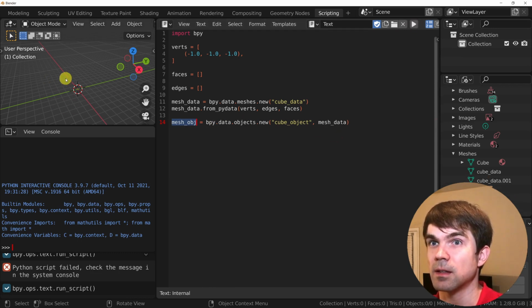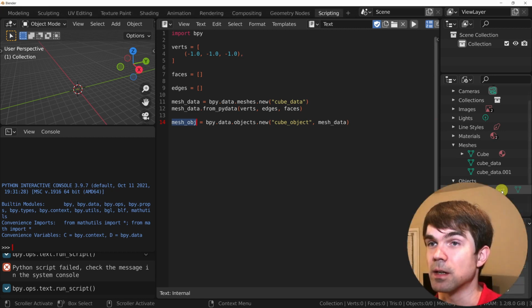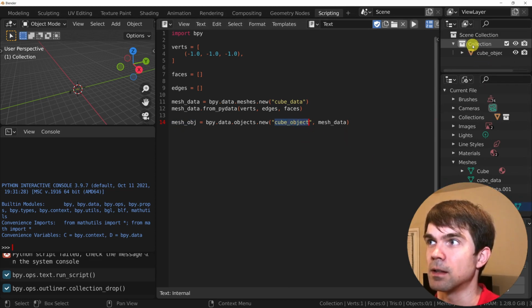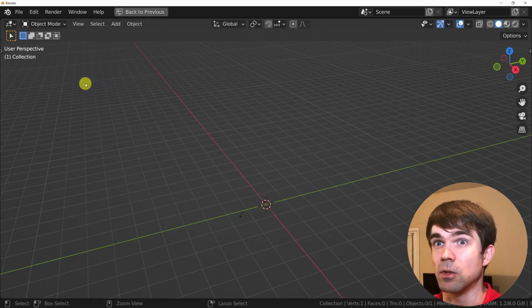As you can see, nothing is added into the viewport, right? Nothing is in the outliner. But if we go into the objects right here in the current file, you can see that there is this cube object that we just created. So you can actually pull this over right into the collection, and I'm going to hit Control Space over the viewport.